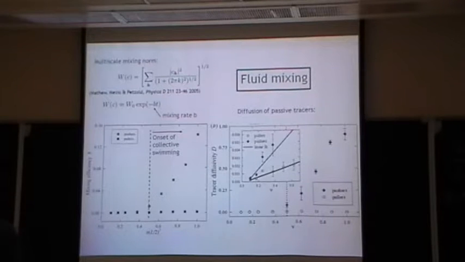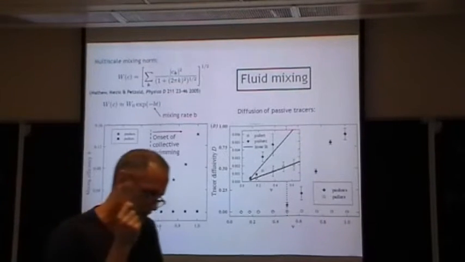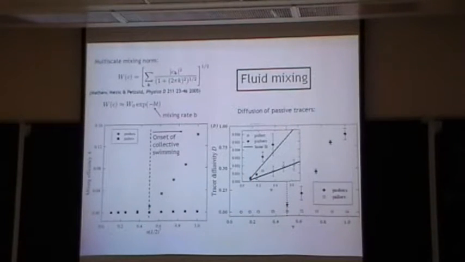I told you the translational diffusion was looking inversely proportional to volume concentration. That's already implying that you're not seeing any sign of the transition in something like the diffusion of the individual swimmers. If you take a look at an object that's associated with rotations that would be inducing translational diffusion, like the L2 norm